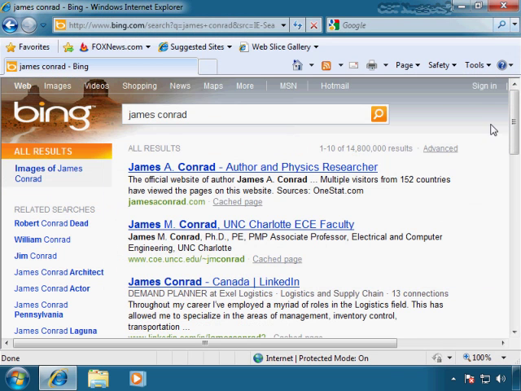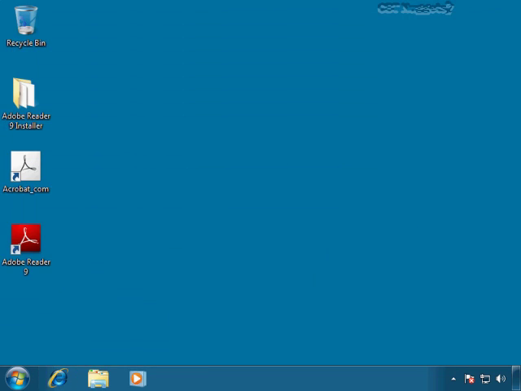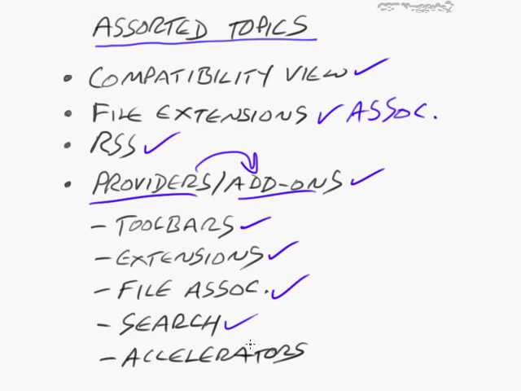Okay, let's go ahead and take a look at a few other things going on here as we look at our providers and our add-ons. And one of those would be the various accelerators that you can use. This is actually kind of cool. And what is an accelerator? Well, it's kind of just that. It's something that allows you to work with a web page faster than going through other multiple steps to get